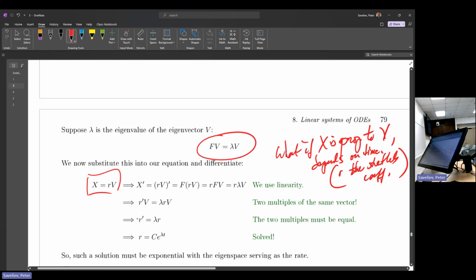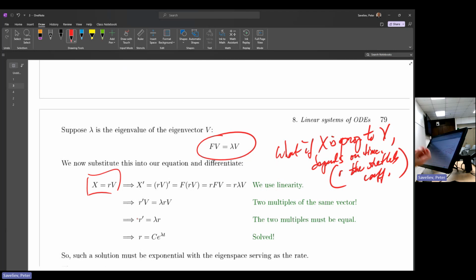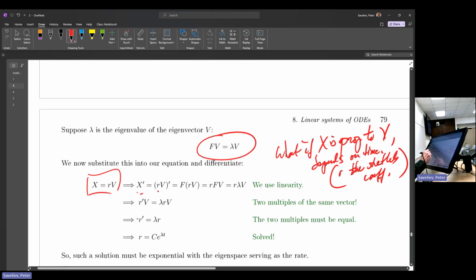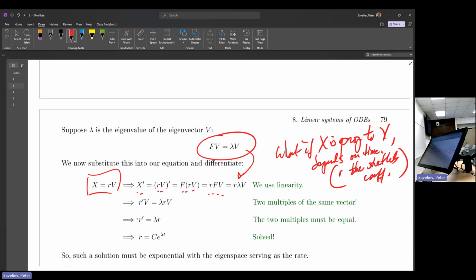And I'm writing exactly that on the left, what we already have here: x is equal to R times v, a multiple of v. What can we say about R if it possibly depends on time? And we do differentiation here. We just take the whole equation, differentiate it, and then x prime is equal to R prime v plus R f of v. I factor R out, I have R f of v, and then we use the linearity, then we use the definition of the eigenvalue, and then you can see what we end up with is